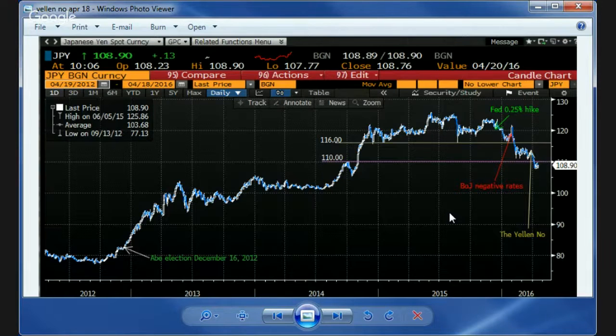We have some of that effect here. So my explanation for why the yen came down, or why the dollar yen came down, partially relates to the chart you're looking at right here. Look at those two lines. Well, you can do 110 and 116 or 115. Those are very tradable charts, and everybody knows this. The yen has gone from 80 to 125.